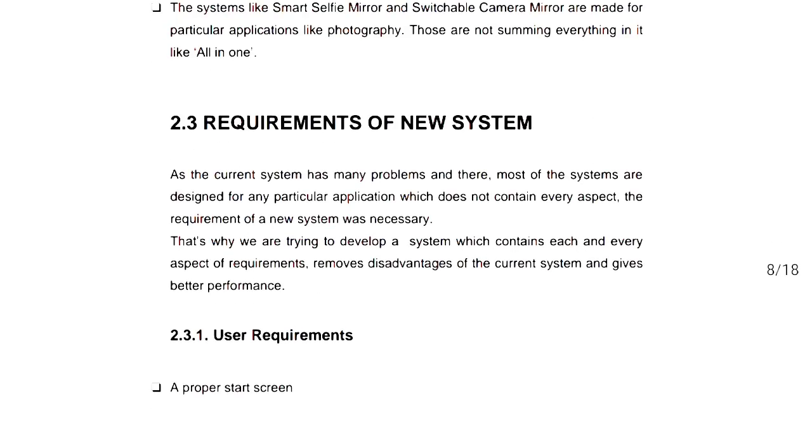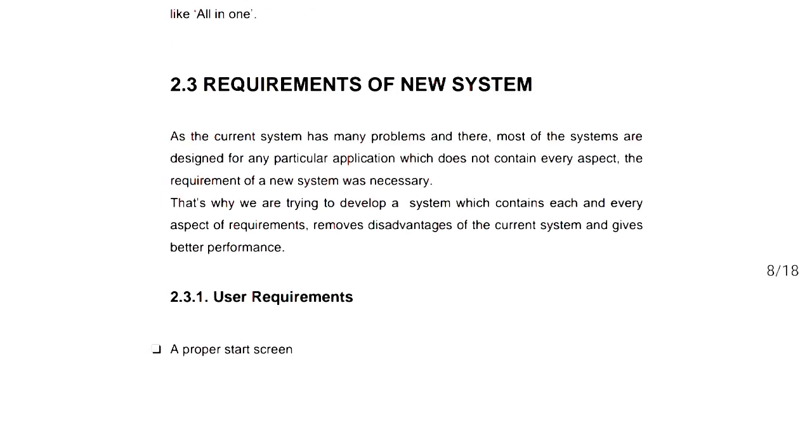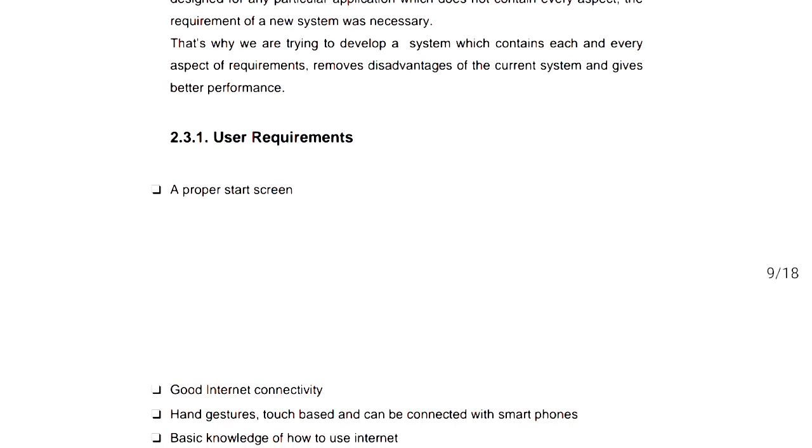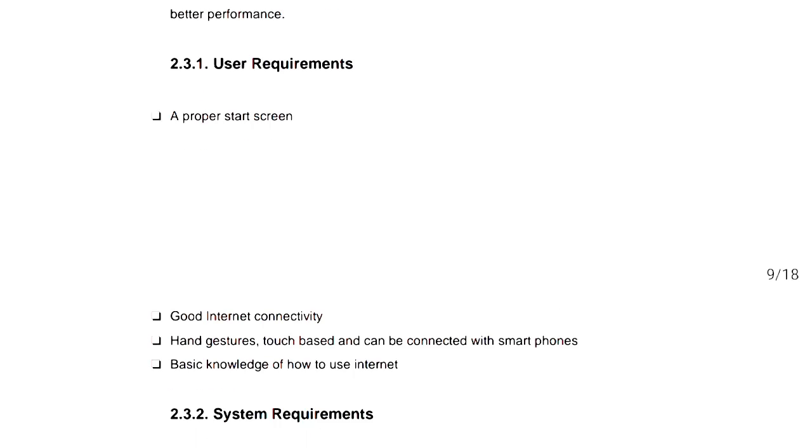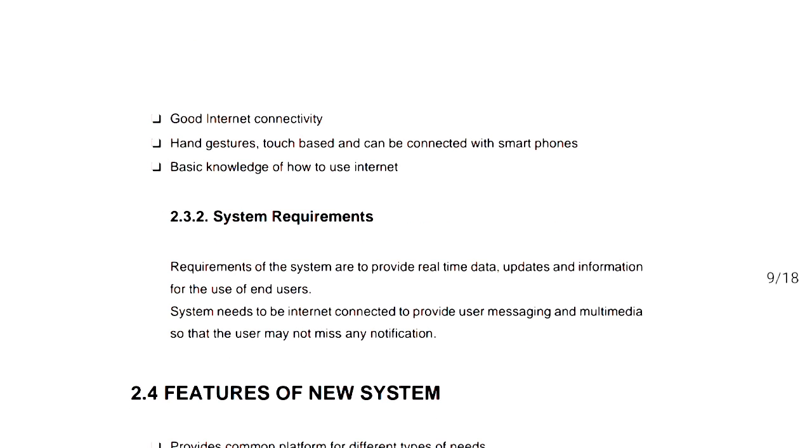So the requirement of a new system is to build a system which contains everything in it. It should have every aspect. Then user requirements: it should have good internet connectivity, and the user must have basic knowledge about how to use the internet. Then system requirements: